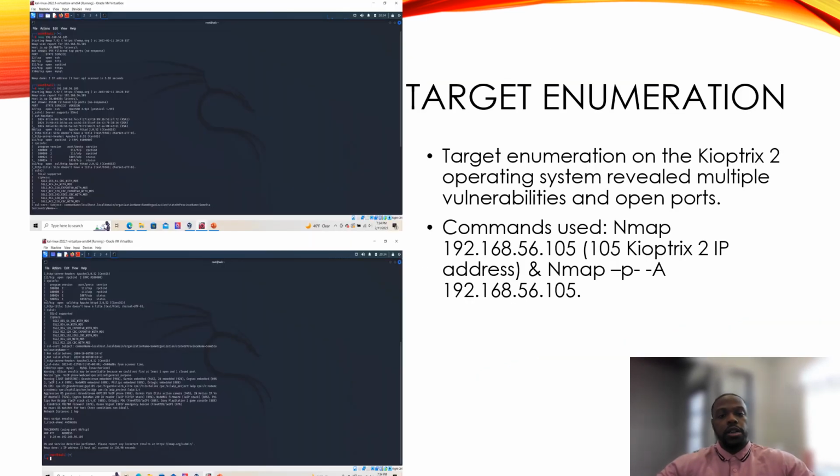I started off by conducting target enumeration. Prior to this, I conducted an nmap scan. I did the regular 192.168.56, but I did .0/24 to locate all of my potential IP addresses. Then I was able to conduct the enumeration on the Kioptrix 2 operating system, and it revealed multiple vulnerabilities and